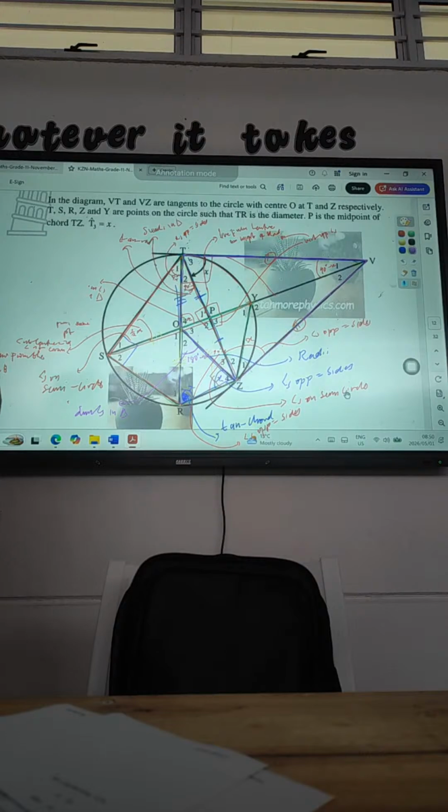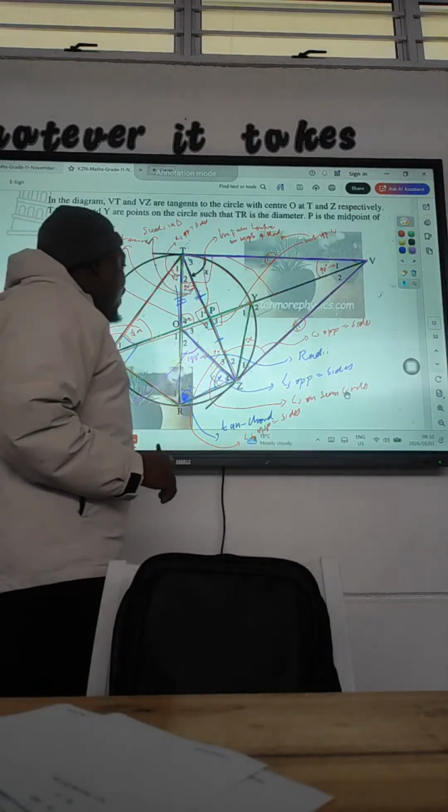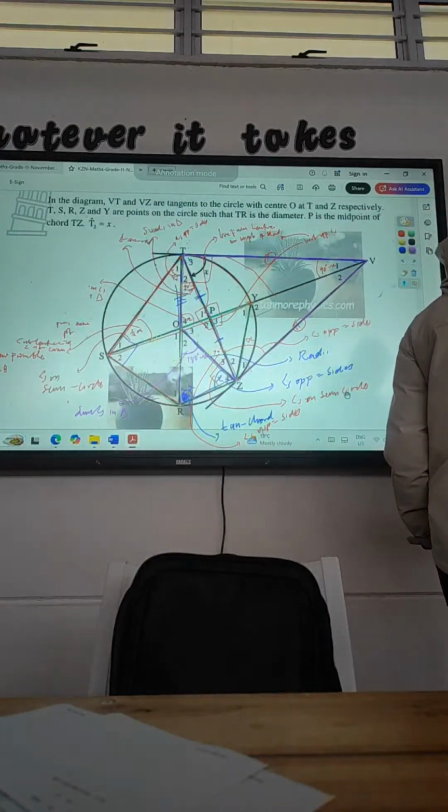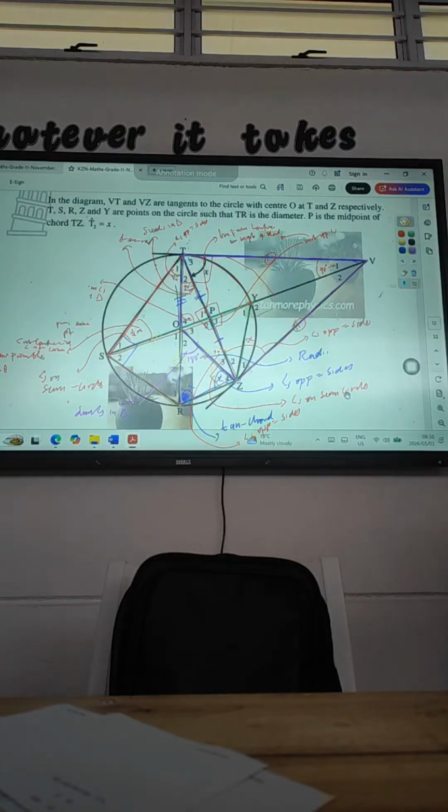Let's prove if TOZV is cyclic, it means that you need to prove